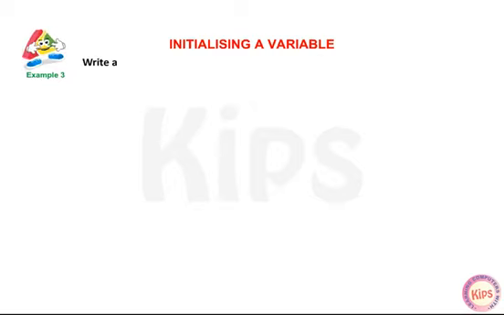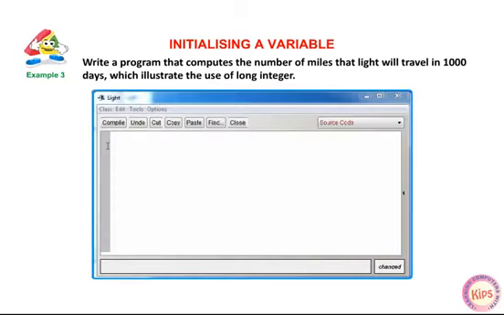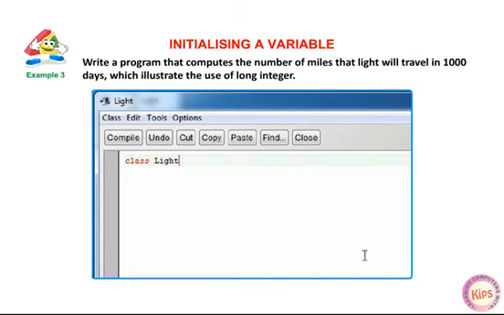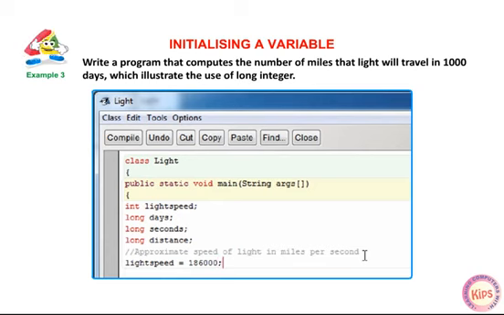Example 3. Write a program that computes the number of miles that light will travel in 1000 days, which illustrates the use of long integer. class Light { public static void main(String[] args) { int lightspeed; long days; long seconds; long distance; // approximate speed of light in miles per second. lightspeed = 186000;